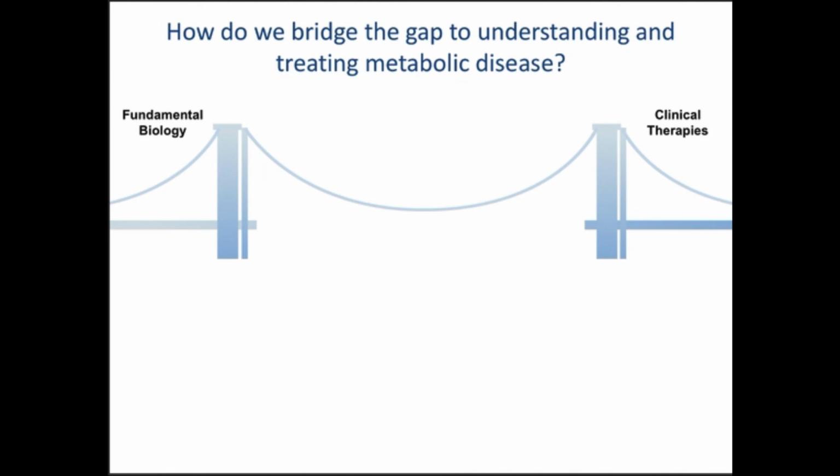There are many ways to fill in that gap, but we've thought of one method that we've now been using, almost just turning the crank on, and so I'll walk through it. The first step, in our opinion, is to try to understand as much as you can from the naturally occurring experiments in humankind. All of us have a different predisposition towards obesity, diabetes, and heart attack, and it's only in the last 10 years that we've really started to explore deeply on a molecular level what that is, and that's usually using genetics. But even before the last 10 years, people have done really beautiful epidemiological studies which have given us a lot of information about the things that lead to these diseases.